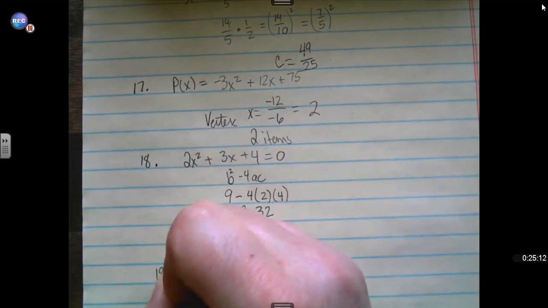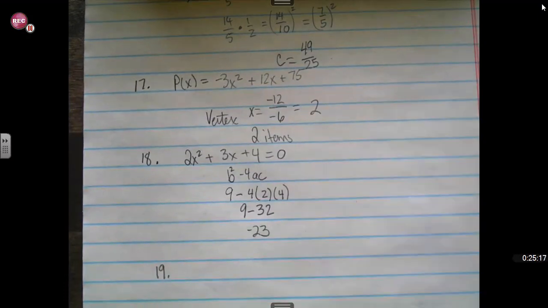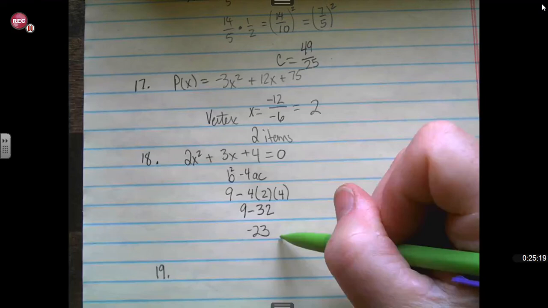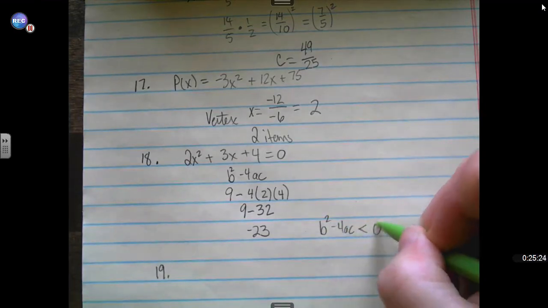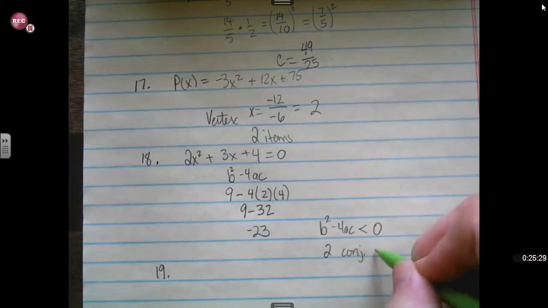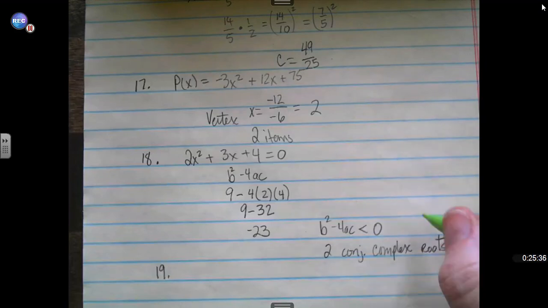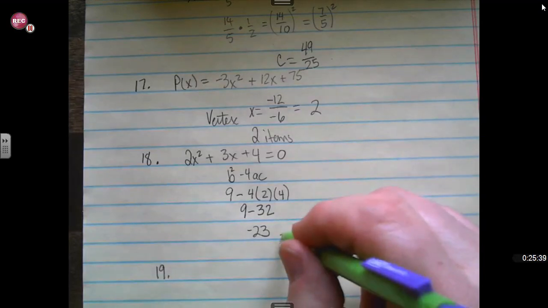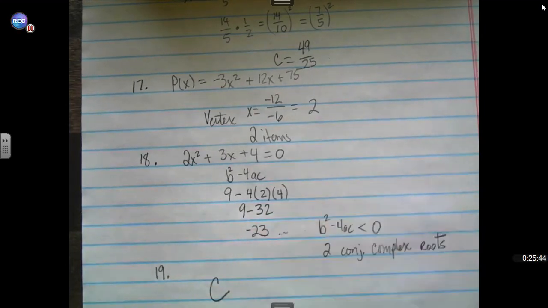And then in number 19, it asks, what does that discriminant mean? So if you recall, the discriminant is less than 0, when b squared minus 4ac is less than 0, then we have two conjugate, complex, imaginary roots. So number 19, they're asking what's the nature of the roots if this is negative 23. The answer would be C. There are two conjugate, complex,